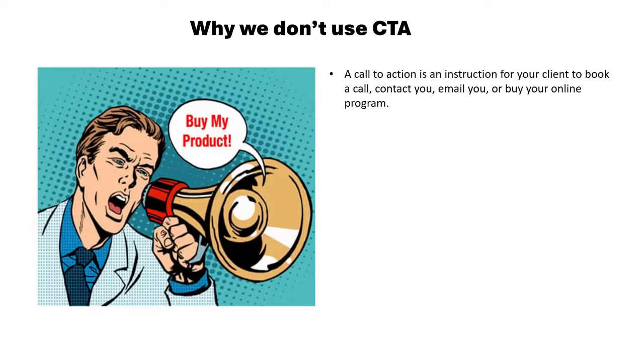A Facebook ad is just a big call to action. If there's a coaching program on Facebook, they generally have a picture or a video. They have the blurb up the top, and then at the end it says book a call or buy my product online, 50% off. And that's basically a CTA.